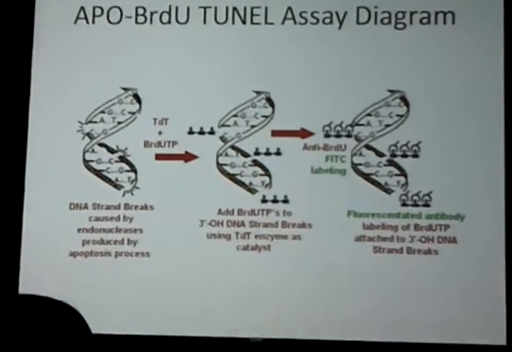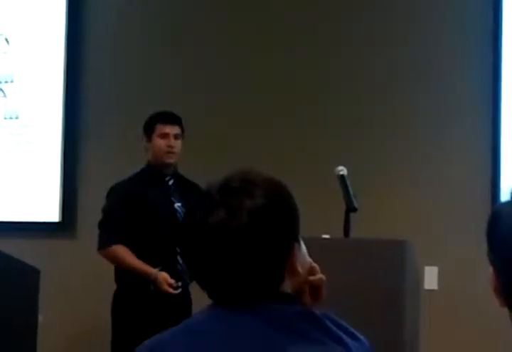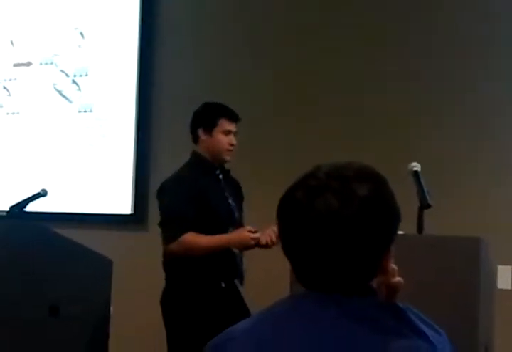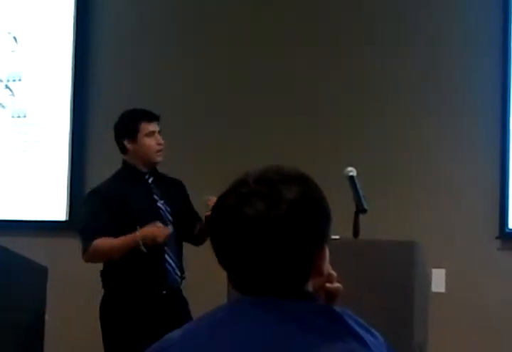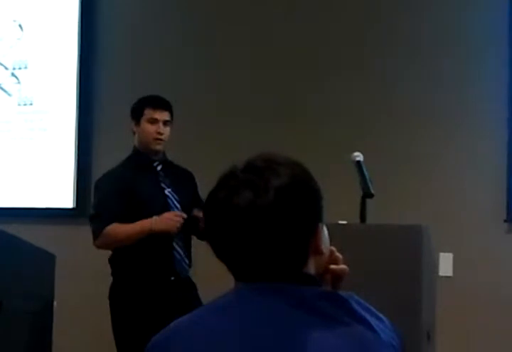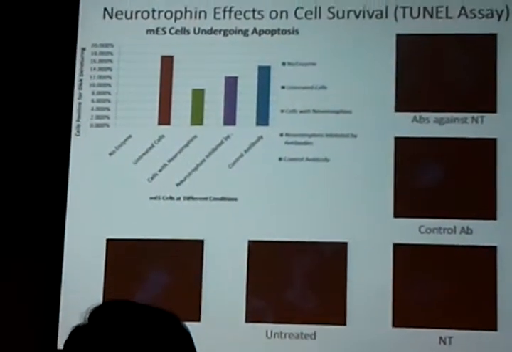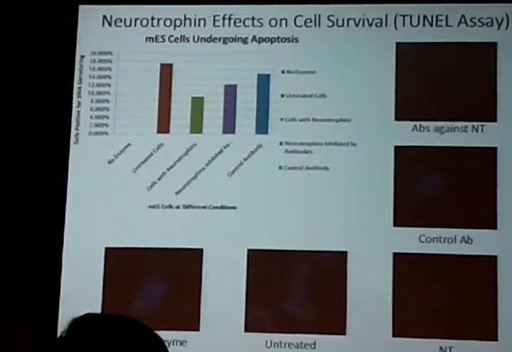Alright, and in order to measure apoptosis, I did a different procedure, which is called a TUNEL assay. Basically, when cells are undergoing apoptosis, there's this enzyme that breaks apart the DNA, so you have little fragments coming off. Then I introduce another enzyme that puts tagged fragments of DNA back in there, and so I'm able to go back and, under the microscope, look at these fluorescent tags I put back into the DNA, and this is what you see. It's almost the same thing as the PHH3, but in this case,